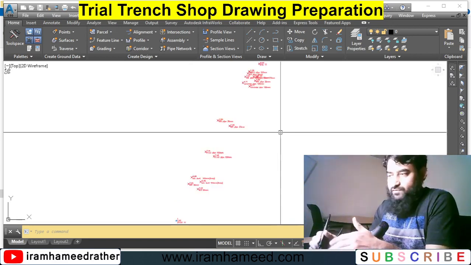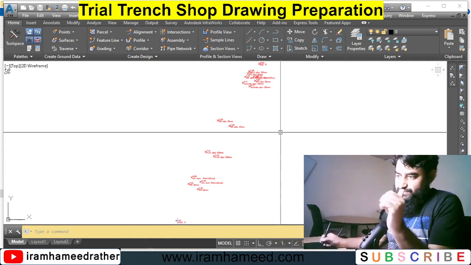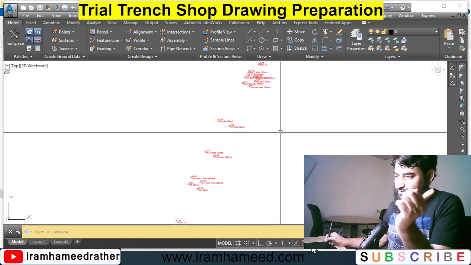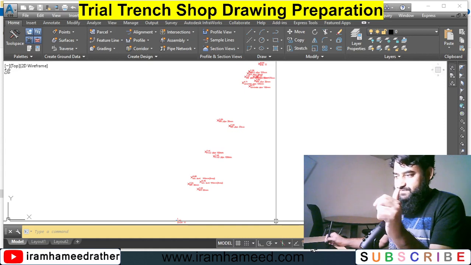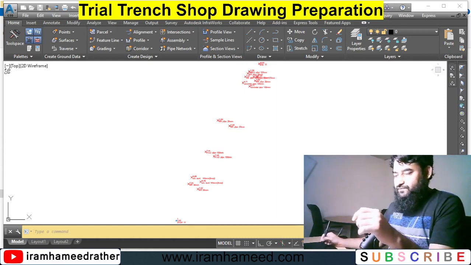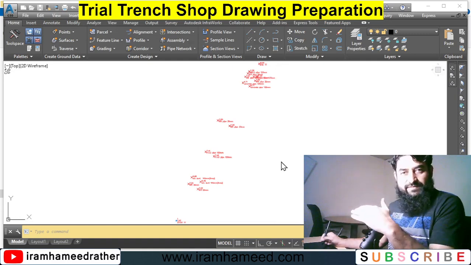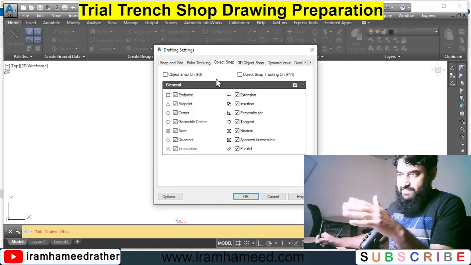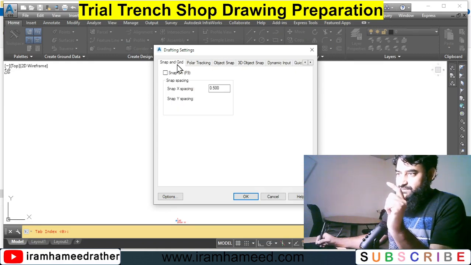Okay, now we want to mark our center line of trench. Before we do this, just make sure your snap settings are perfect. So what I will do, I will remove everything from here, and only one thing I will have with me. I will go here, snap settings,